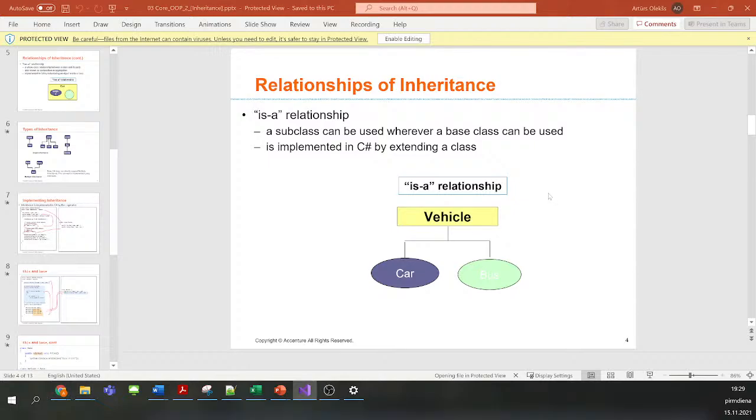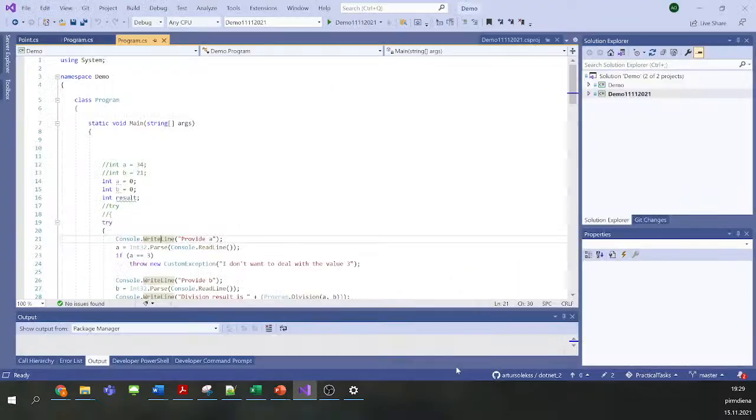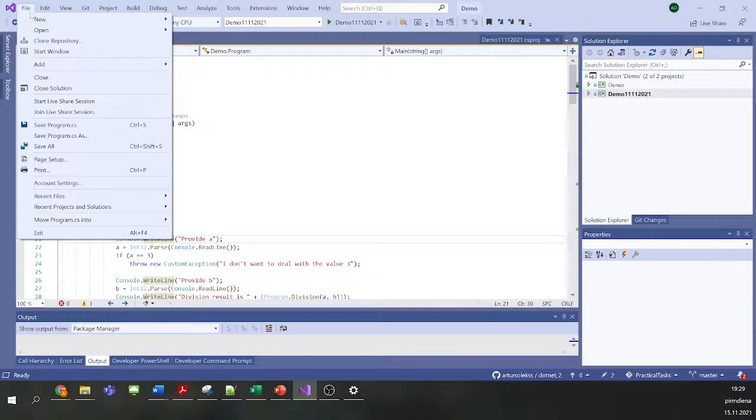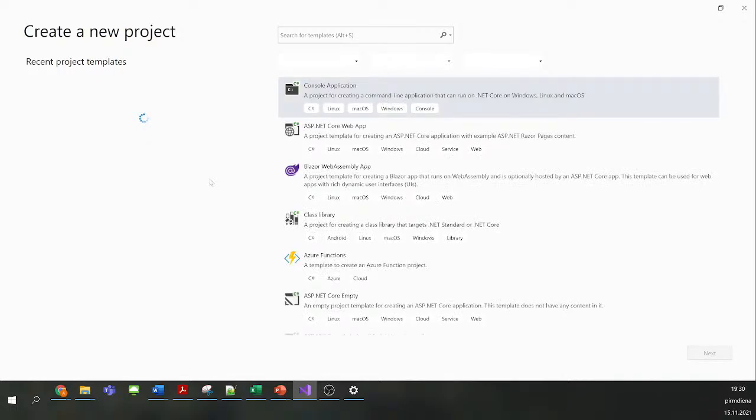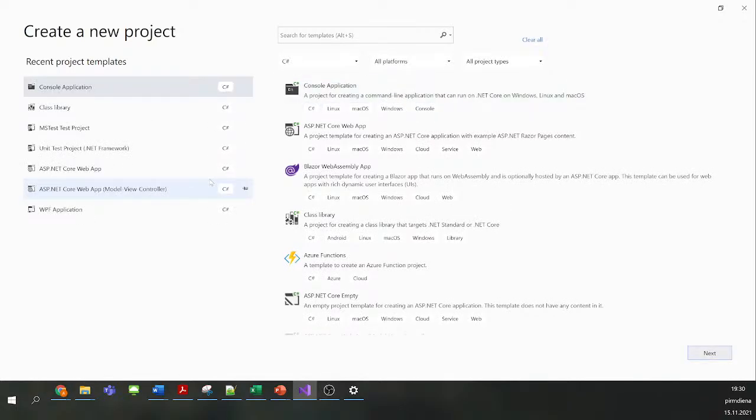So let me define a new project. Here we have approximately 20 minutes, but I hope that will be fine for us. Okay. Let me define a new project under this solution as a console application.